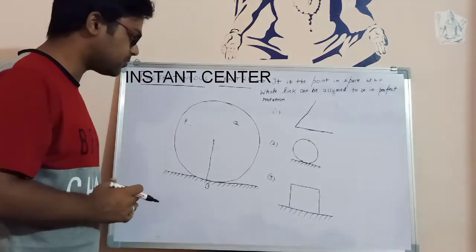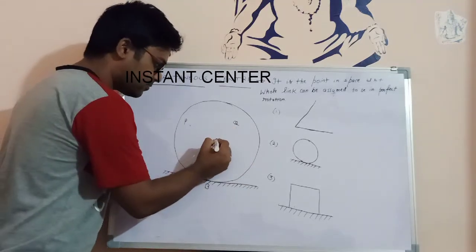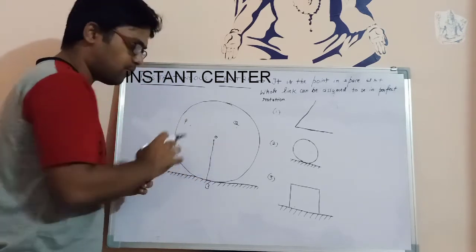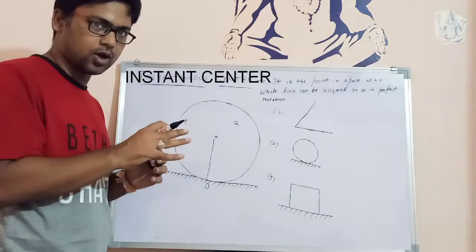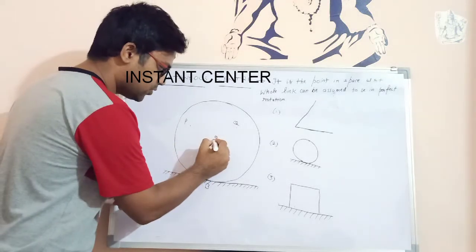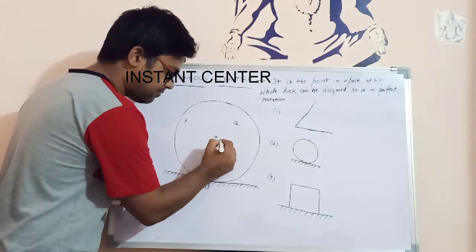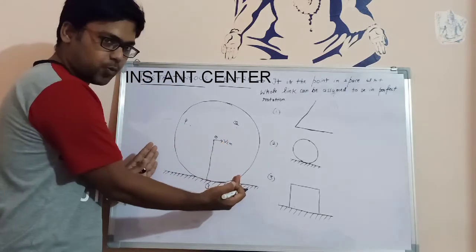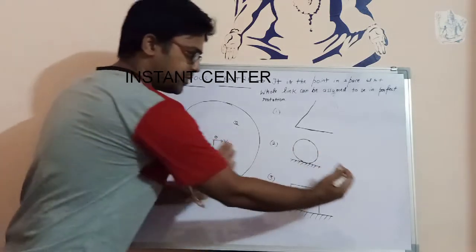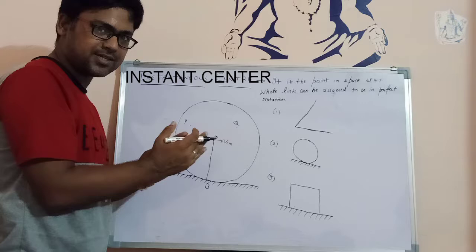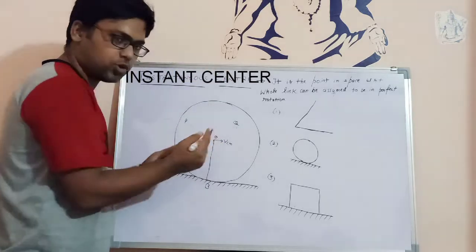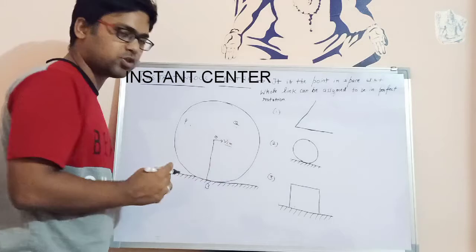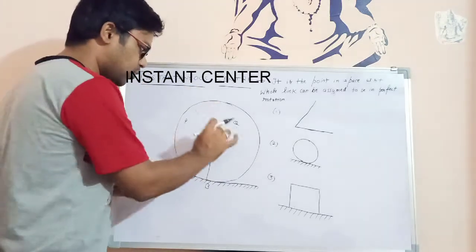Let us suppose this is the center of it, and we know that this is the center of mass of the entire sphere. This center of mass will have a velocity that is called VCM. Right now this ball is at this point, and after a certain time it will be at this point. It means the center of mass is moving with the velocity VCM towards this side. So VCM represents the velocity of the center of mass.